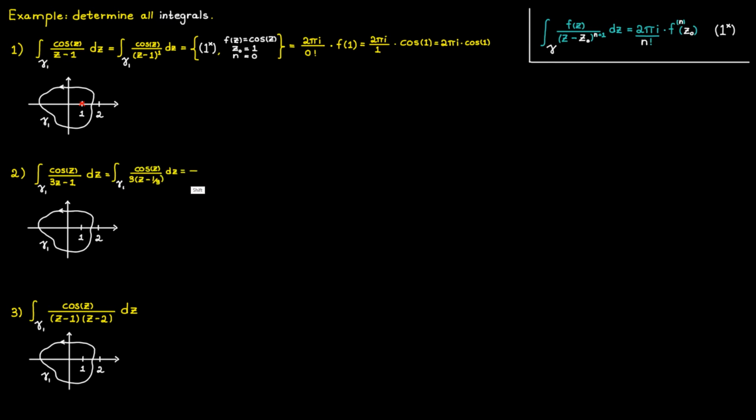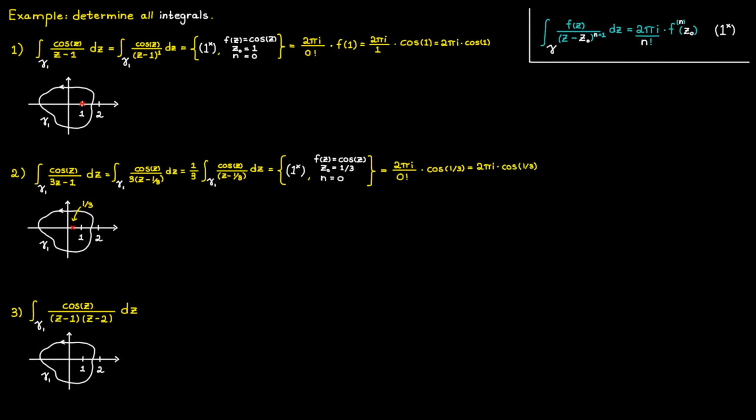And since this thing is a factor, I'm just going to move it outside of the integral. And now you might more easily see that the singularity can be found at c is equal to 1/3. And since this point is inside of gamma, we have to continue by using Cauchy's integral formula to solve this integral. So by letting the function f be equal to cosine, since this thing once again will be analytic on the whole complex plane, and then c0 is going to be equal to our singularity, 1 divided by 3. And then we once again have that n is going to be equal to 0, we get the following. And by simplifying this a bit, we get our final answer.